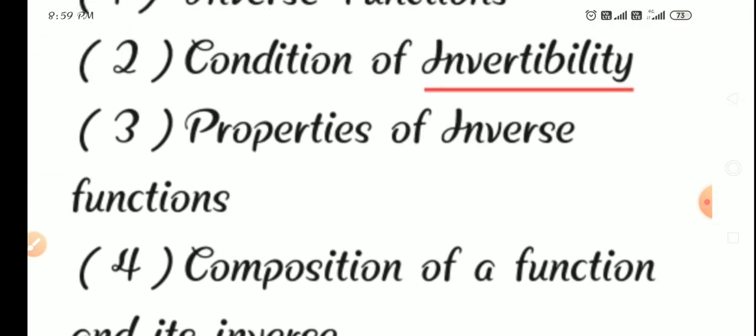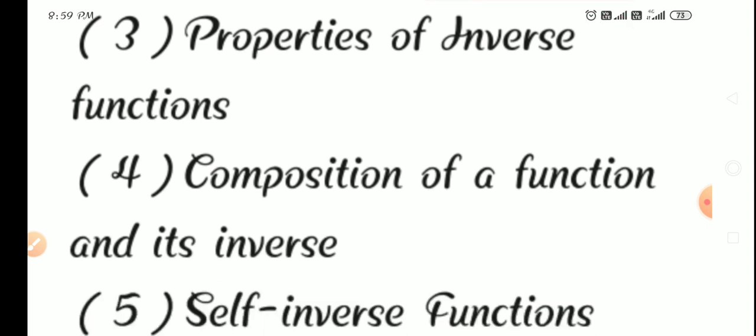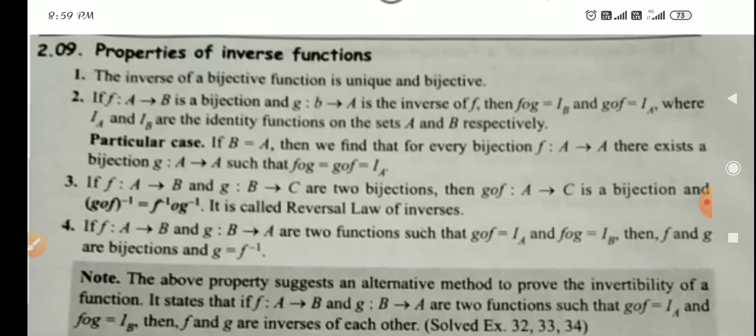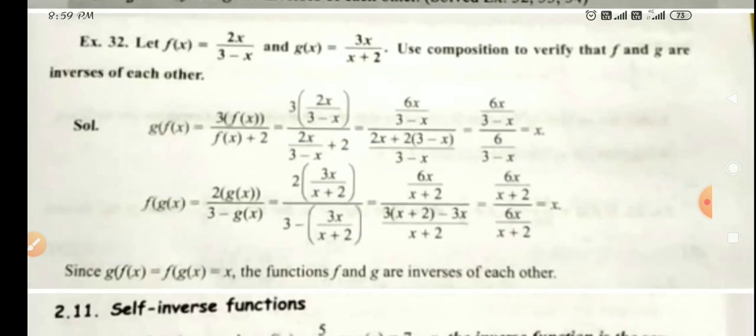Next point is coming: composition of a function and its inverse. Yes, this is an important point. One example also I will tell you. First of all, if two functions f and g are there, and suppose they are the inverse of each other, f is the inverse of g and g is the inverse of f, then if you are finding the composition of f and g, meaning fog and gof,